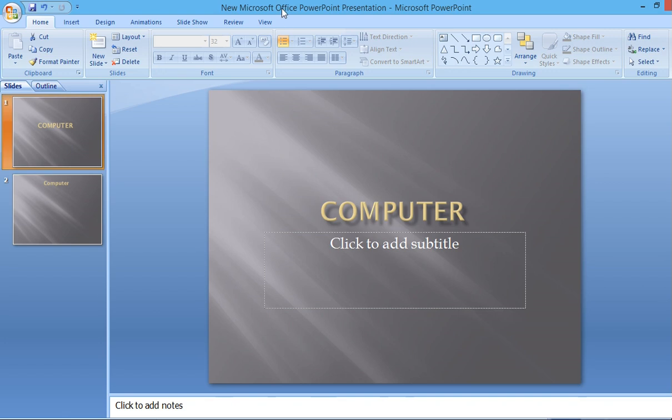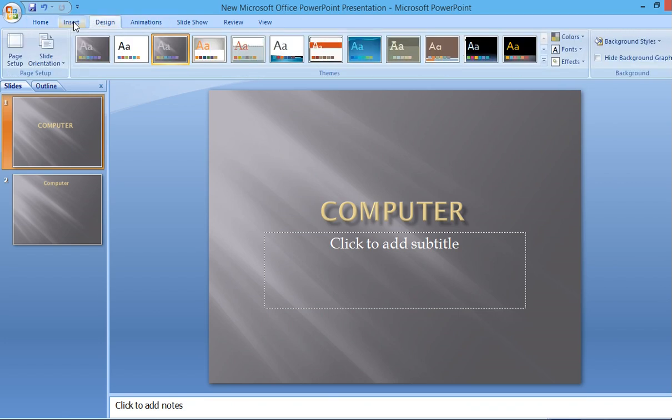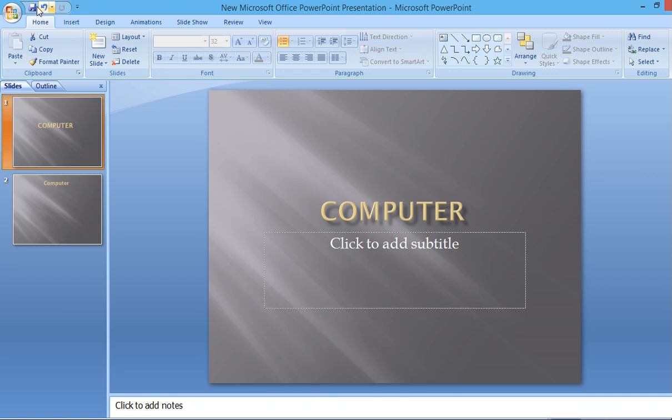Now you can see, this one is known as the title bar, and this one is known as your menu bar, and this one is your quick access toolbar. These are your slides, and this is your notes page.